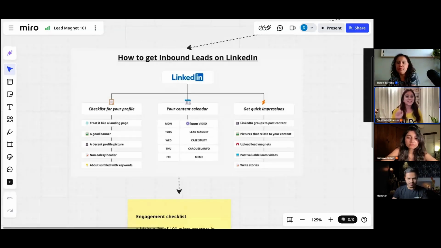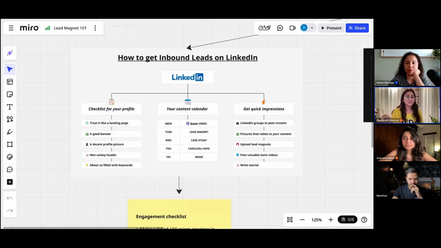Now talking about a decent profile picture. This is also a mindset block. I also used to have that. I need to have a good professional picture. Nowadays we have AI, and there's this AI application called Remini. You can use that to generate a free AI picture for you. And you can also use ChatGPT itself. If you go to my profile, I have an AI profile picture myself. So that's also not a big deal.